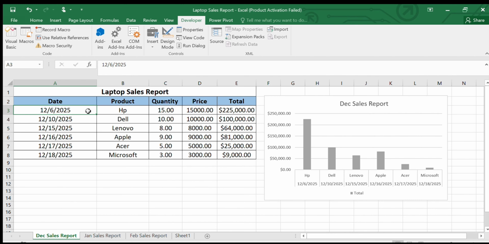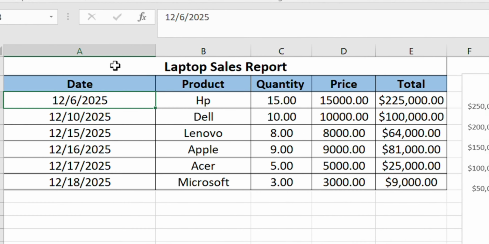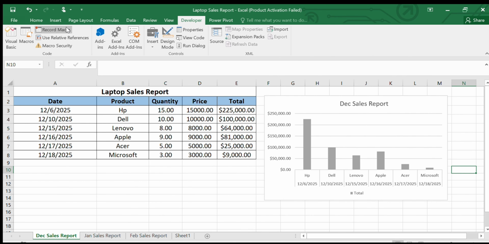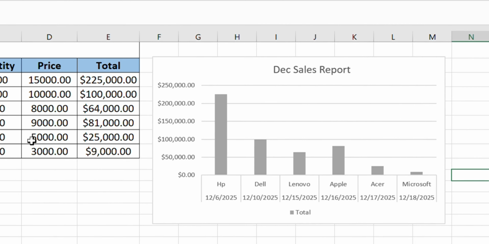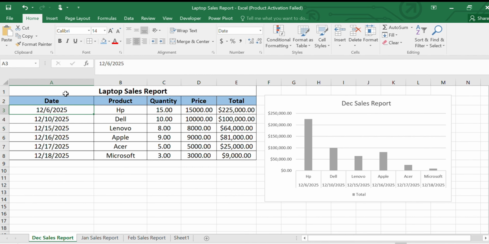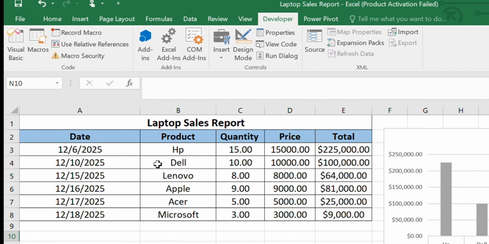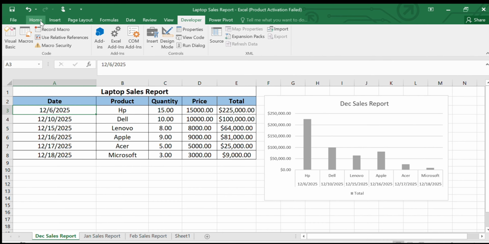Many Excel users perform multiple steps to complete a report, such as formatting tables, calculating totals, and creating charts. Instead of doing these steps one by one, we can automate everything using a single macro. In this video, you'll learn how to record one macro that formats the report, calculates total sales, and inserts a